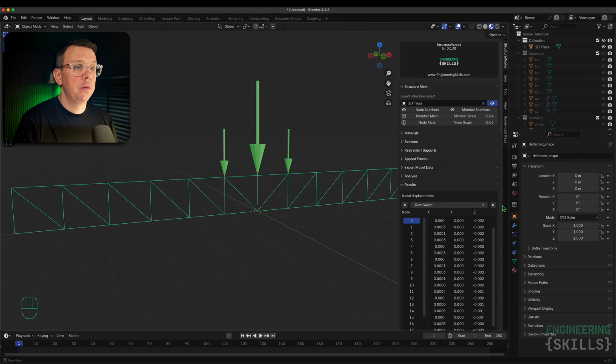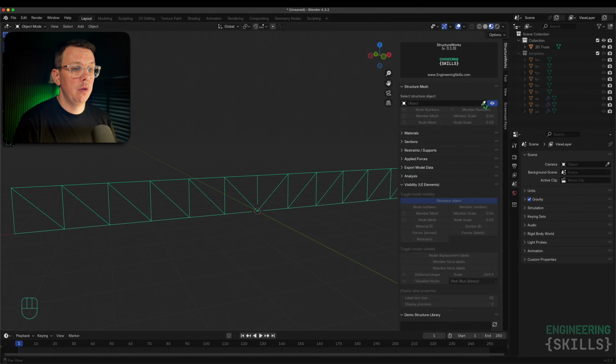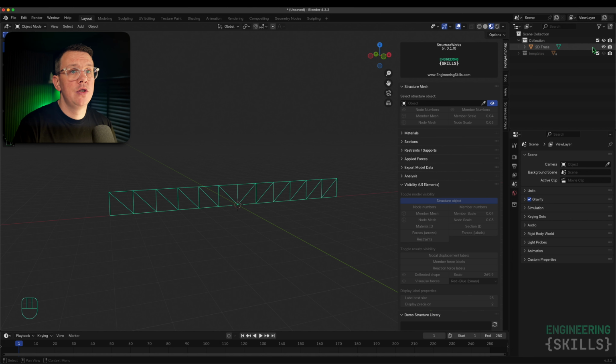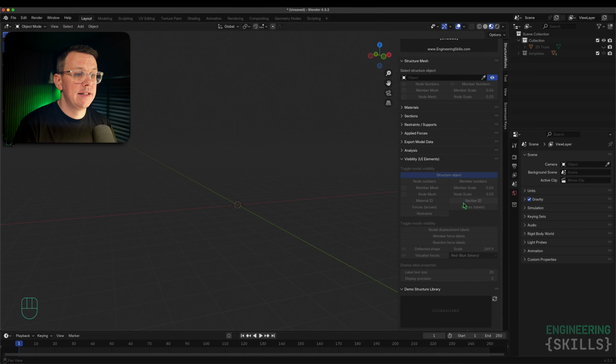So let's go back up to the top here. I'm going to clear out that structure, which will clear out all of my results. And in fact, over in my outliner here, we can just collapse down templates. We don't need to see that. Those are just template meshes for our force arrows and for our restraints. I'm going to turn the 2D truss off in the 3D view, and let's now run through the analysis. I won't go through it in so much detail,